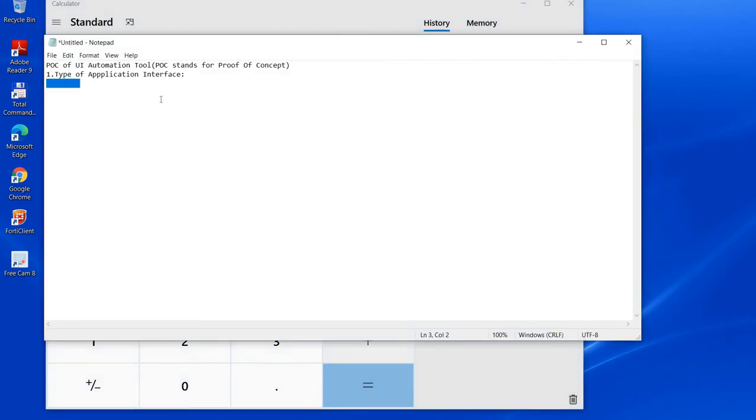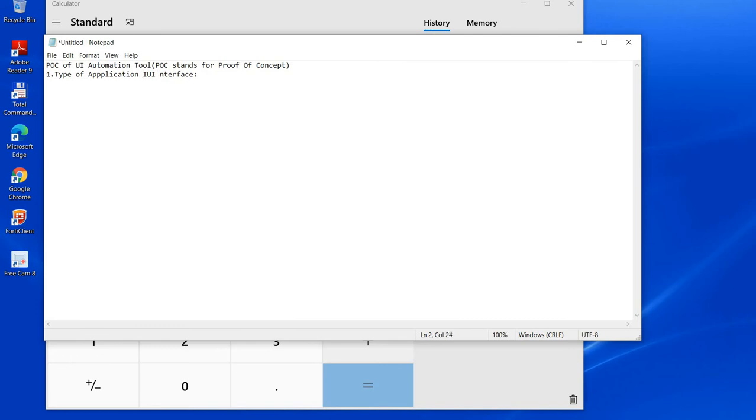Based on the technology used to design the interfaces of the app, there are three types of application interfaces: UI interfaces. What are those?